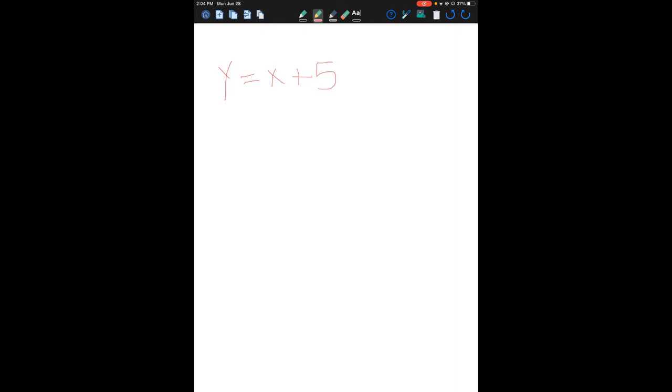So look at this equation for a minute. What are the things that are given to you? What are the things that you have to find? And what is the thing that you have to do? Everything is pretty much given to you here. You have 5, which is the y-intercept. You have the whole equation. You are also given the slope, which is 1 in this case. So you're given the slope and you're given the y-intercept, and those are the only things that you really need